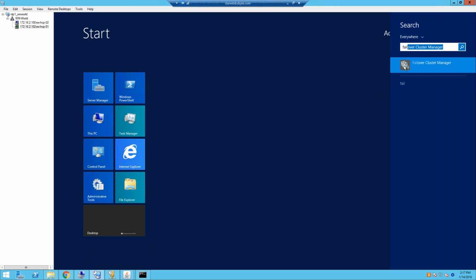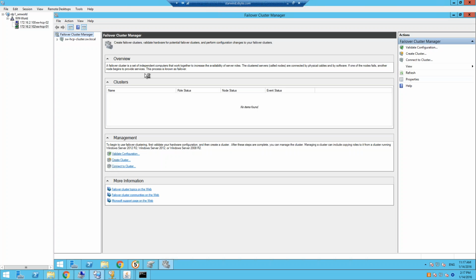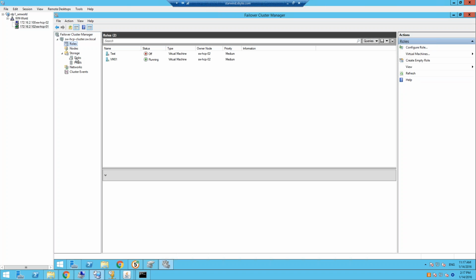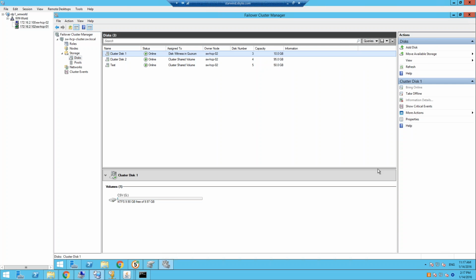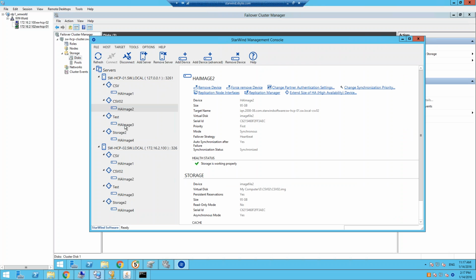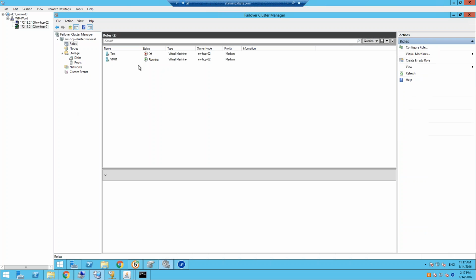So what we want to do is open Failover cluster to start doing some actions. So these are 3 devices we have. 2 of them are cluster shared volumes, and 1 of them is witness. We need to have witness for Microsoft cluster. This is just the way it works. So these 3 devices are over here, and we have 1 virtual machine spun up,